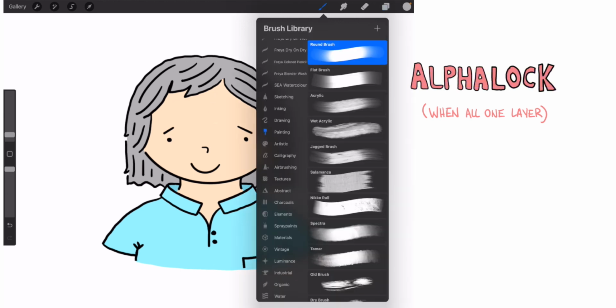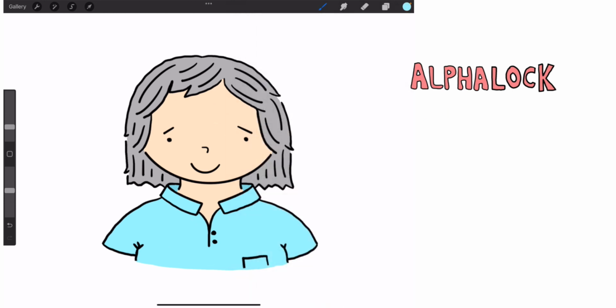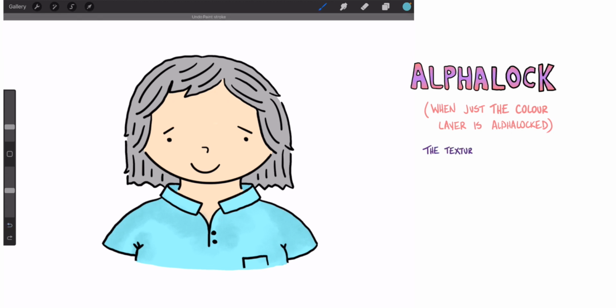Now, I might want to come through and choose a watercolor effect, for example. I might want to get, say, a brush like that, and I might want to just give some texture to that shirt. I might want to just kind of come around the edges and use that to create some shadowing. So one quick and easy way to do that. Now, I was just running my stylus very roughly along the edges there and kind of not worrying about whether I went outside the space because the alpha lock's going to do that for me. So if I undo that,